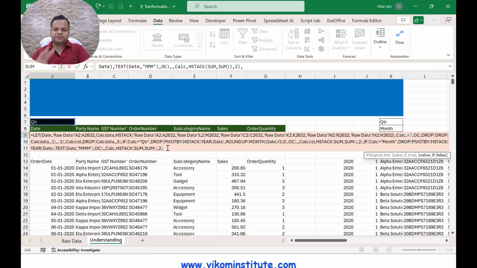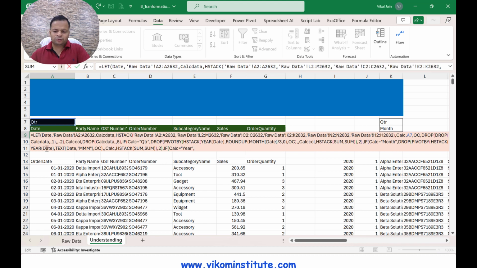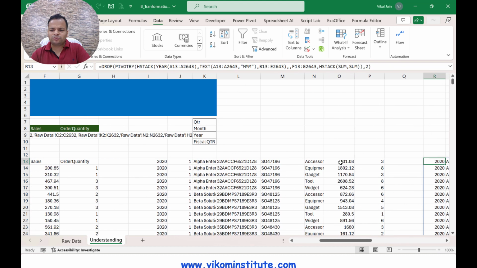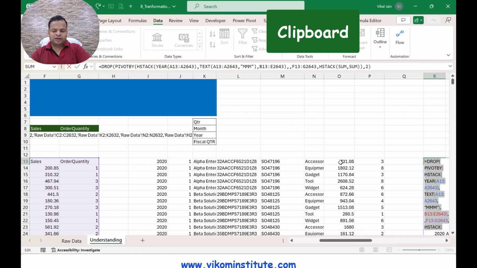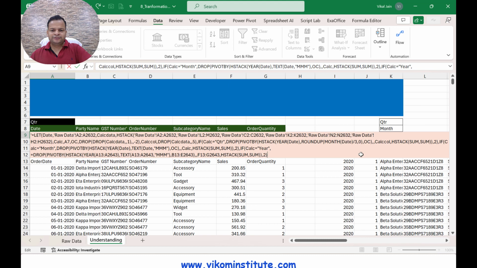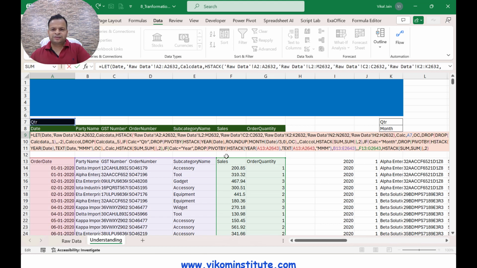Now I am taking the third if. Now I am going to use the third one, that is year, if KPI is equal to year. So I am going to again stop the formula here by using single quote, and I'm going to copy the formula. If you don't want to stop the formula, you can simply copy the formula in clipboard. For the understanding purpose, I'm simply copying and pasting over here. Now paste it here. Remove this and remove the single quote. Now this is the formula.